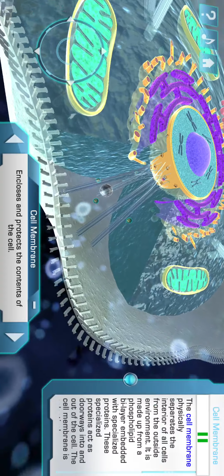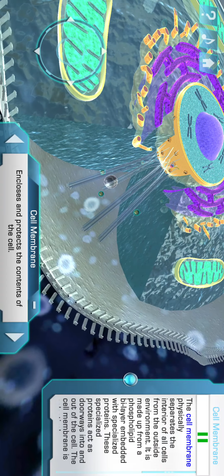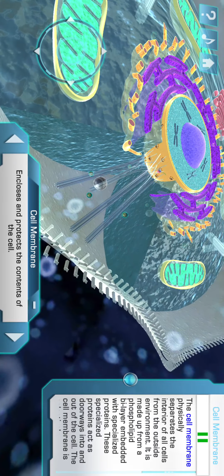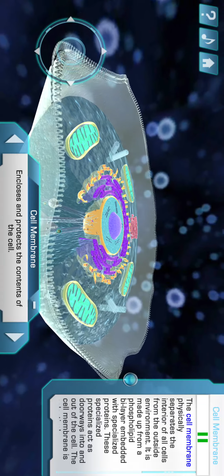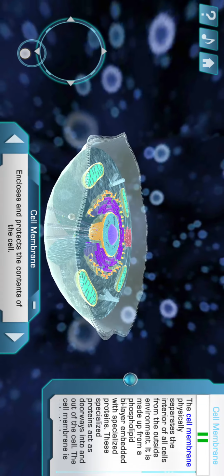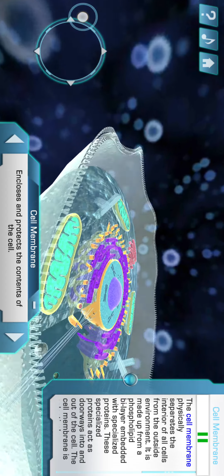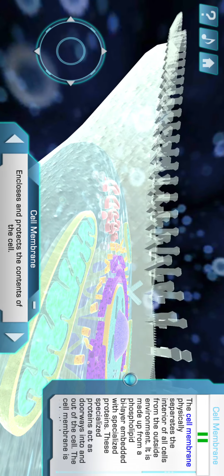The cell membrane physically separates the interior of all cells from the outside environment. It's made up from a phospholipid bilayer embedded with specialized proteins. These specialized proteins act as doorways into and out of the cell. The cell membrane is selectively permeable to ions and organic molecules, and controls the transport of those substances into and out of the cell,